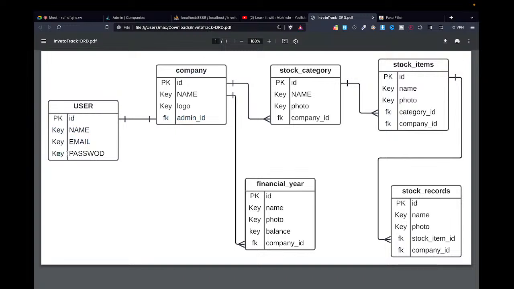So it means that on this user table, we must also add a company ID, so that when a user logs in, we are able to know which company they belong to. Once we know the company that they belong to, we shall be able to know the records that we should show to that user. So we're going to add another column to this table